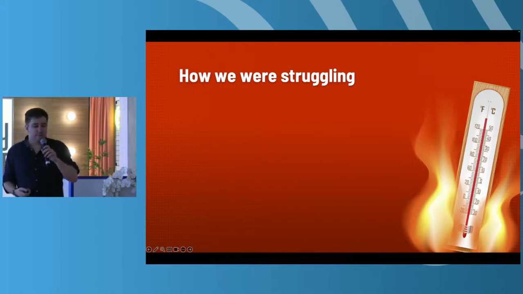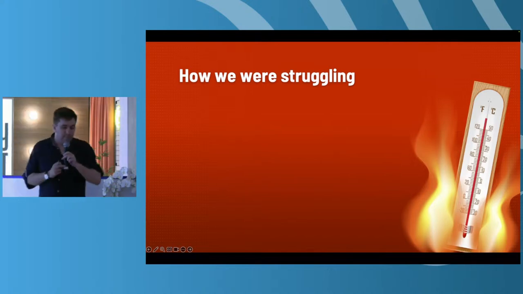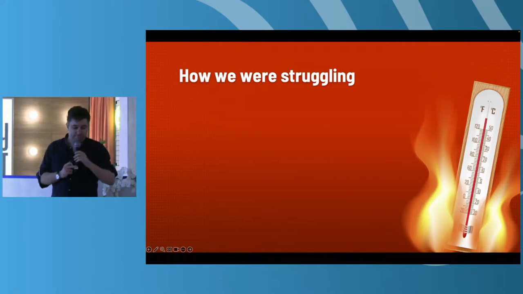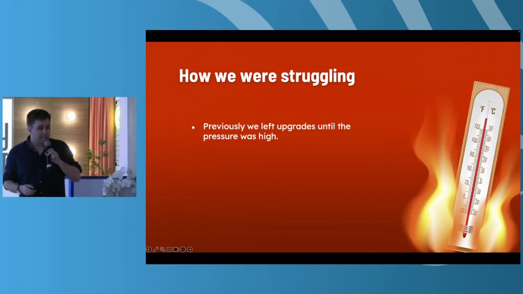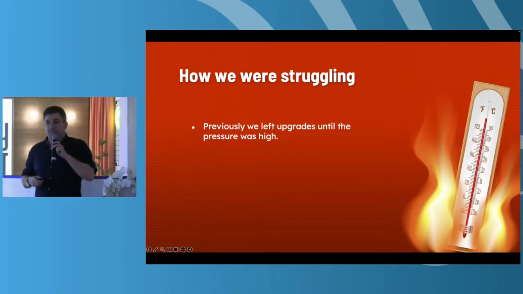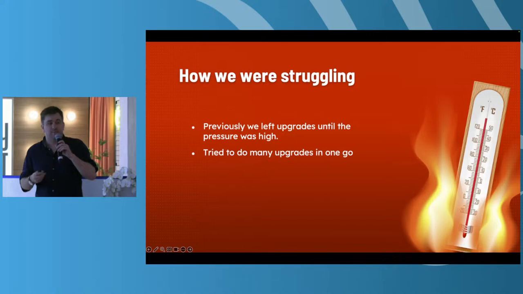How we were struggling at Amicus started really with this problem of we left things probably too late. We generally keep everything within the window of it still getting security fixes, but often we felt the pressure of, actually, we've only got a couple of months left to get this done. A second thing was that we tried to jump major versions. So it might be that we were working on PHP 7.3 and we wanted to get it up to 8.1 because that was the latest available. So we started doing these really big jumps.